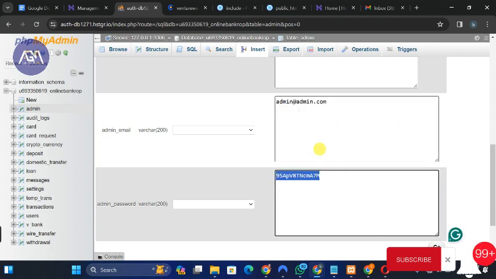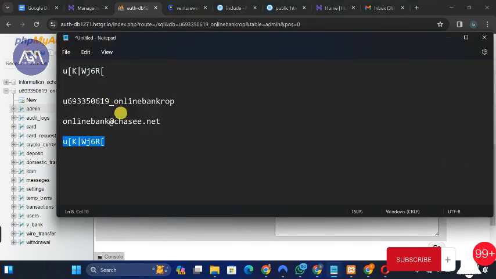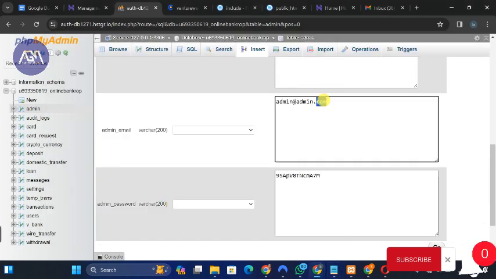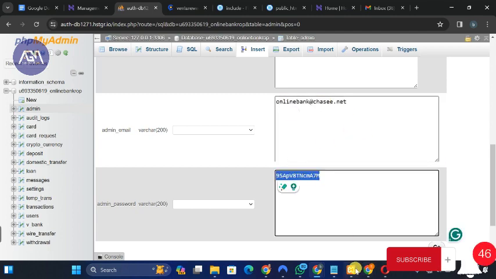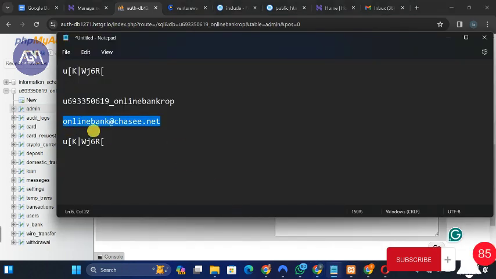So in this case, okay, let me just set something else. Let me use this email address as the admin email address. Then I'll use this also as the password so that it should be different. So I click here, then paste it and replace. Then this also, I'm going to come back to the notepad, then copy the password. After copying the password,